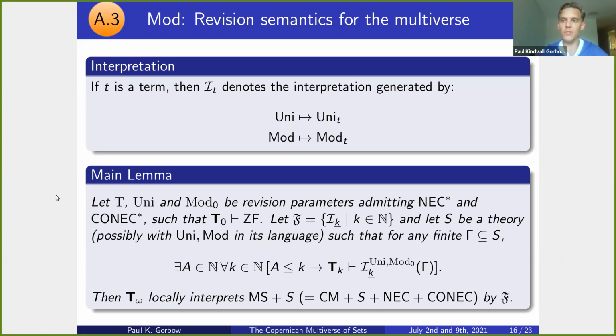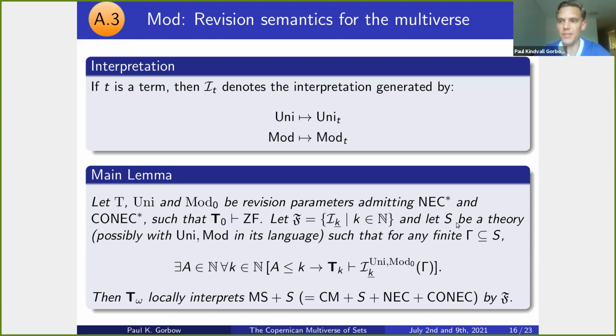So which models of set theory are to be included in the multiverse. The idea is that you should be able to plug in more or less any conception of the multiverse here. And then there is this theory S,